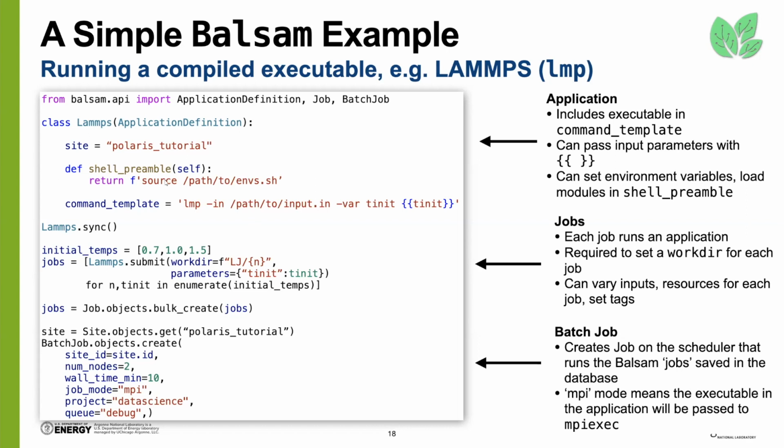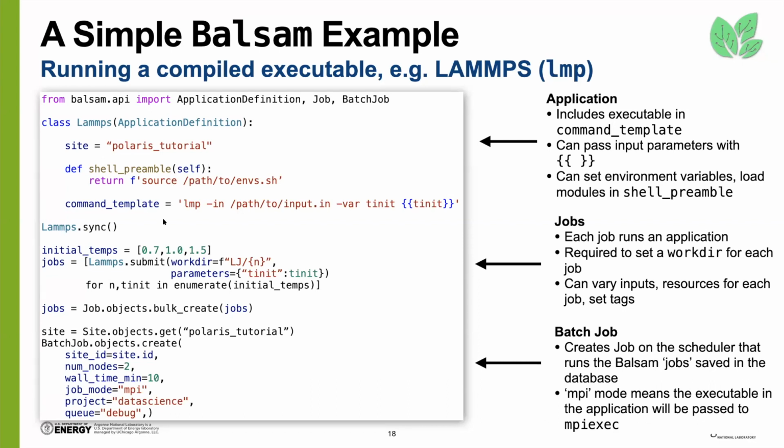You might also want to, for example, load some modules or set some environment variables or add this executable LMP to your path. You could do this through something called the shell preamble. This is a piece of command line commands that will run on the compute node just prior to your application defined in the command template, right before that runs. So here I just source a shell script that will contain everything I need to run